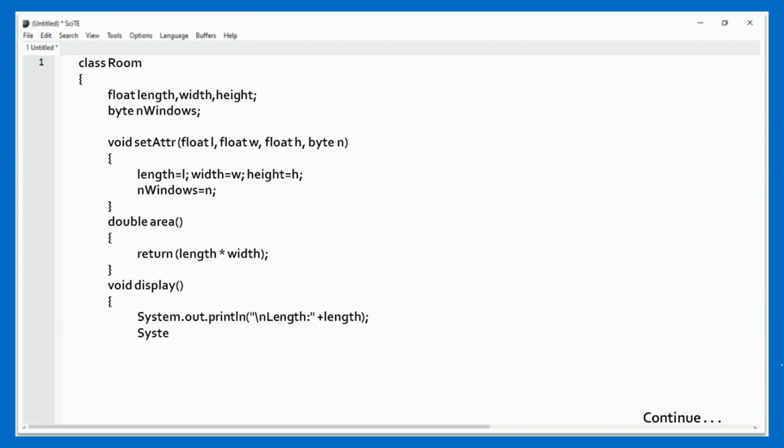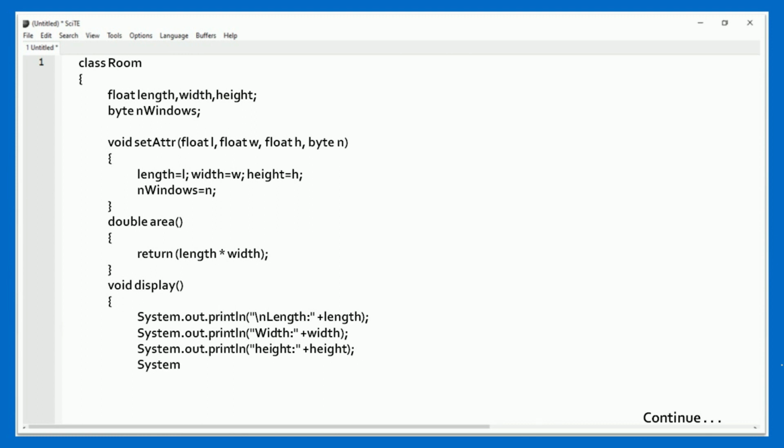After that, in the second line, write System.out.println, and in brackets within double quotation marks write width plus that width variable. Next, System.out.println, in brackets and double quotation marks write height, and then the height variable, and close it with a semicolon.